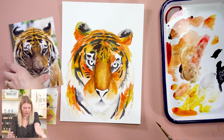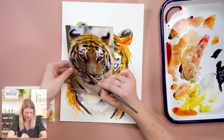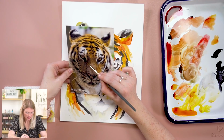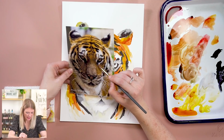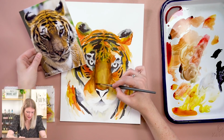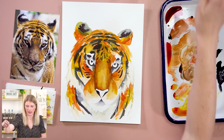Because if you look at our reference photo here, see how there's almost like a black mark here? Very strong line. And then it transitions to lighter. I lost that because it's all one value. So I'm gonna go in with my